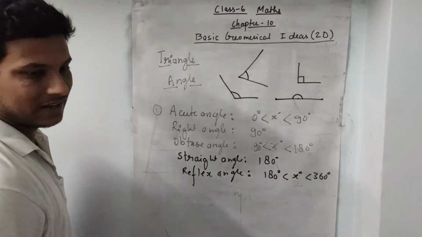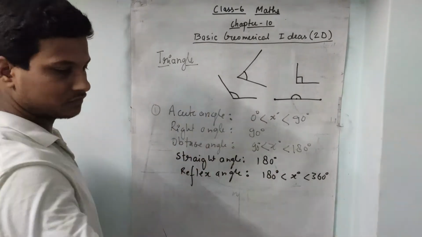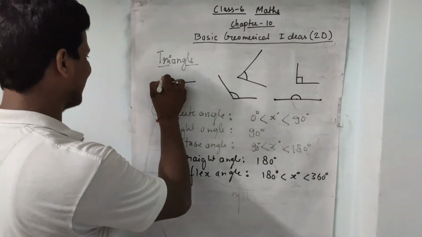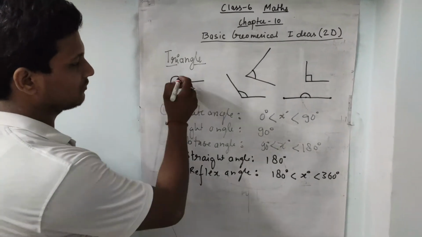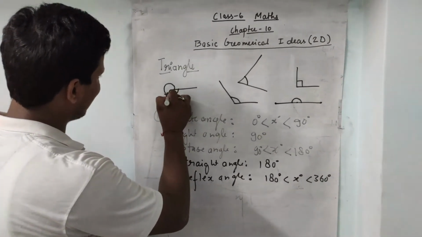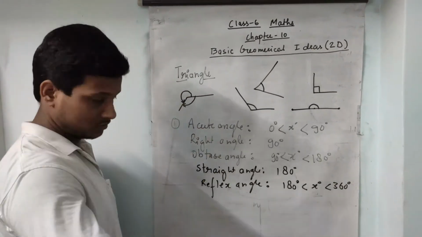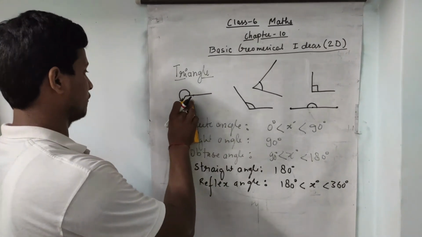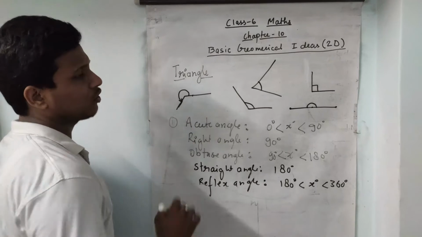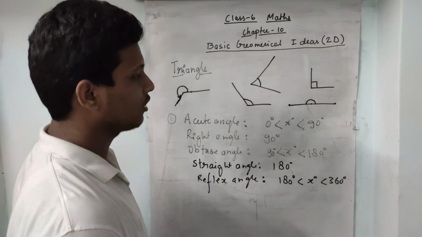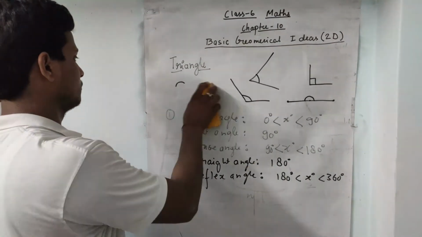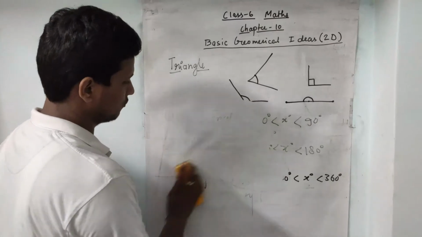Okay, next is the reflex angle, and that is the most important angle. The reflex angle is like that here, and the angle side is on the upper side, meaning we started from here and move like that. If it is shown inside the angle, then it is an obtuse or acute angle. To show the reflex angle, you need to make the angle in the anti-clockwise direction. Clear? Okay, so these are the angles we need to understand.